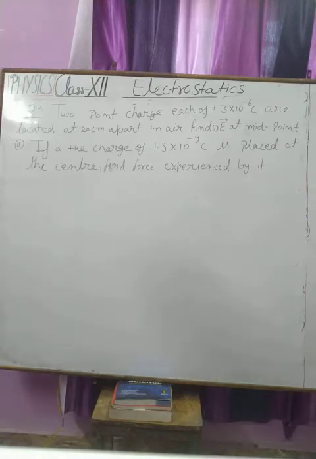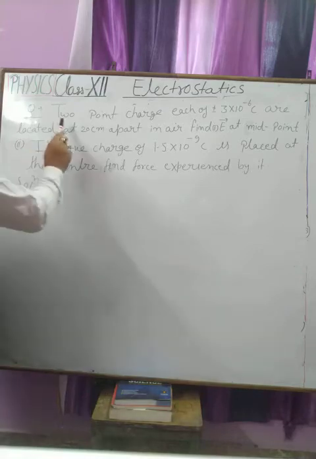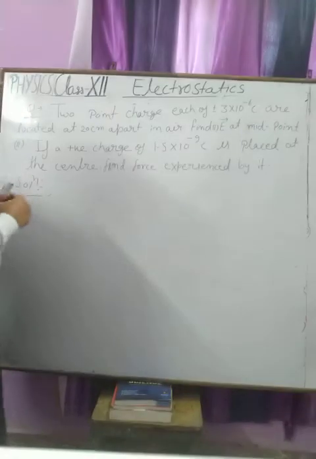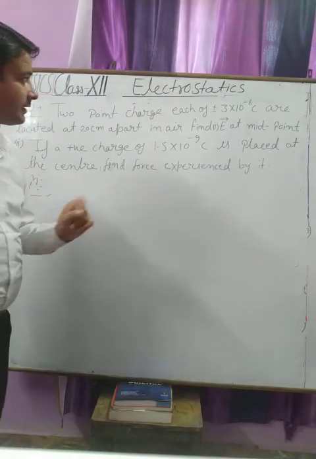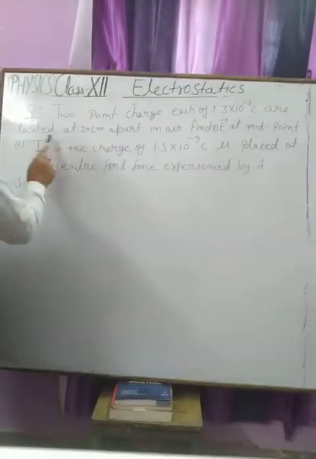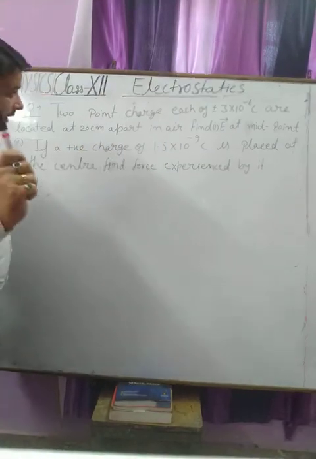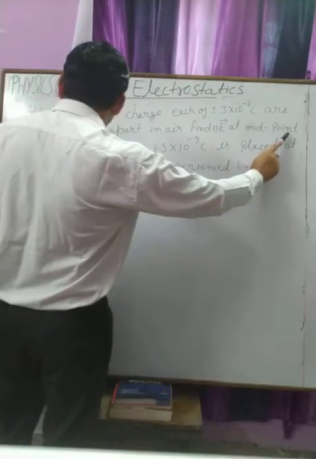Okay student, we have another problem. Two point charges, each of 3 into 10 to the power minus 6 coulomb, one positive and one negative, are located 20 centimeter apart in air. We have to calculate, first, the electric field at the midpoint,